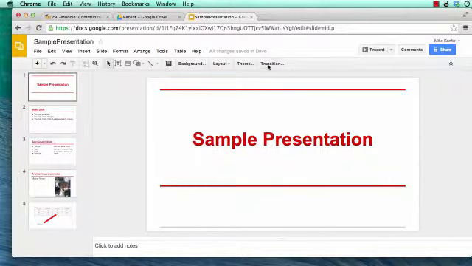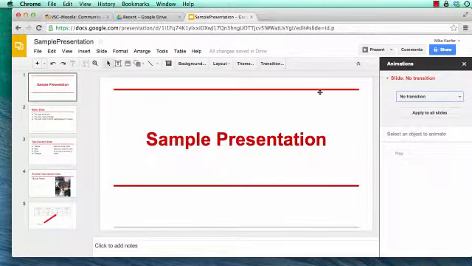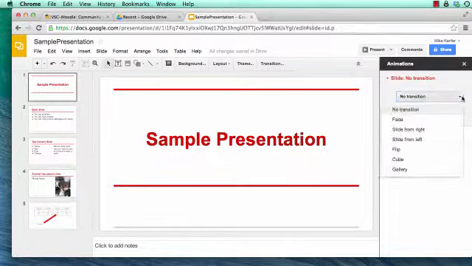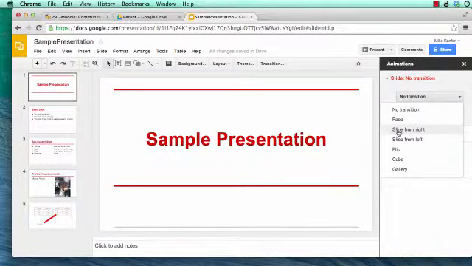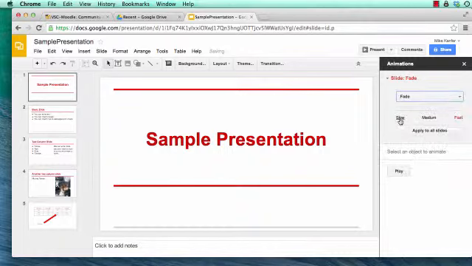On the Google toolbar is the transition choice. If you click on transition, you'll see that a separate window opens up on the right-hand side, and initially it's open to transitions, and by default there are no transitions between slides. If you click the drop-down box, you can see you have choices of fade, slide left, slide right, flip, cube, and gallery. If we click on fade,